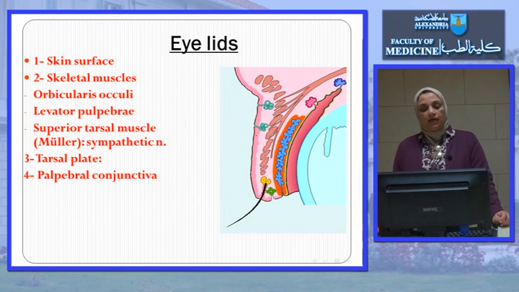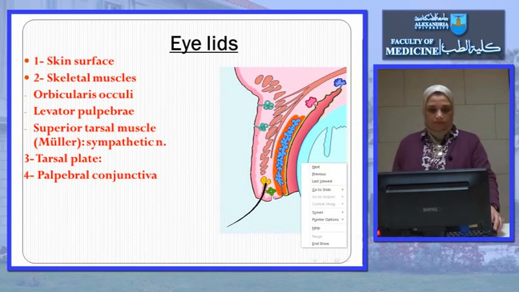Then from inside, the most inner layer will be the palpebral conjunctiva. As we said, the palpebral conjunctiva is